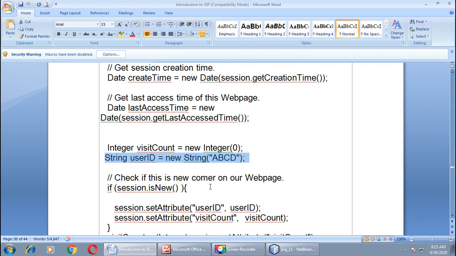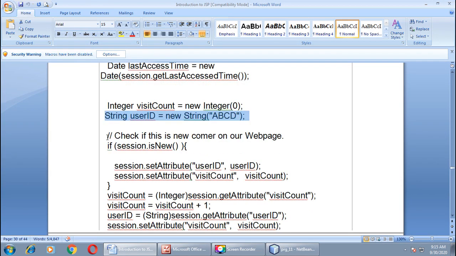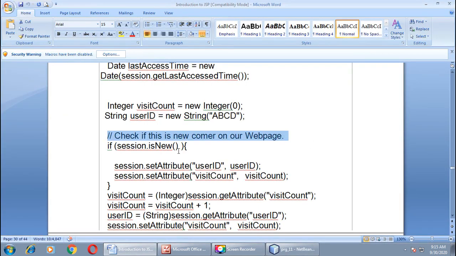Now we will check if this is a newcomer on our web page, or he is accessing for the second time, third time. That we can check with the help of the isNew method. For that we will use an if condition.